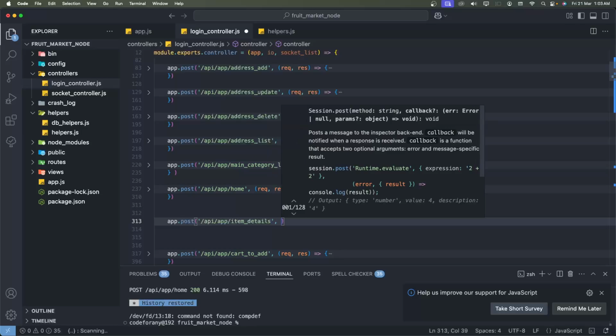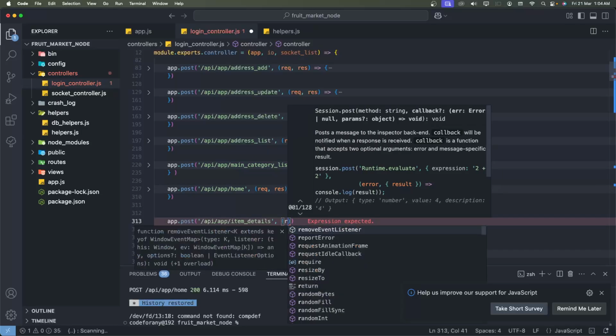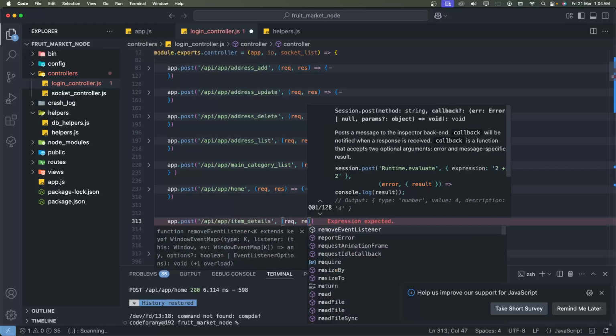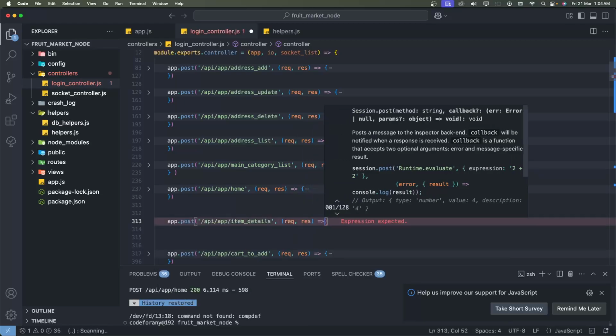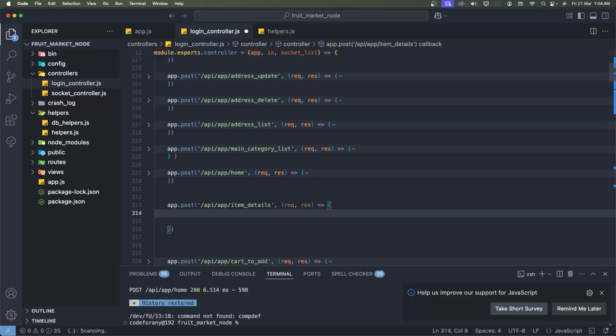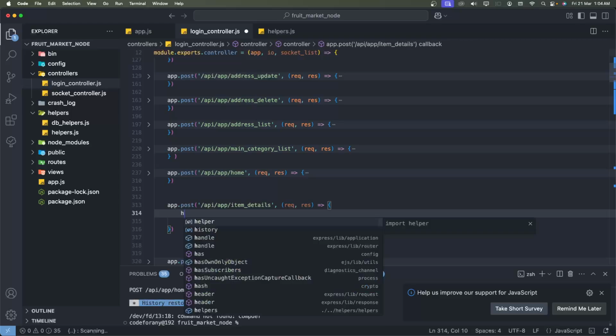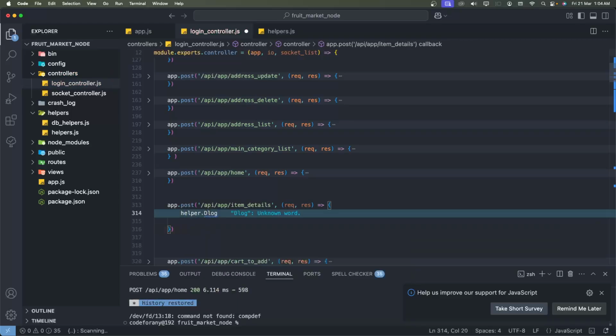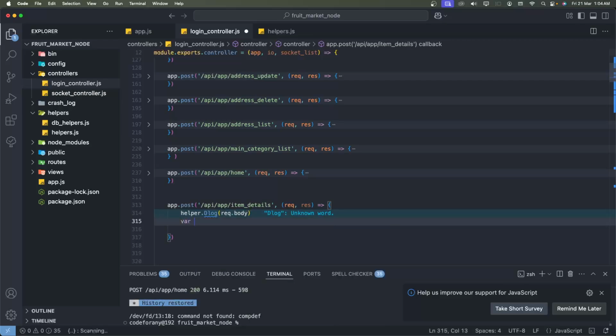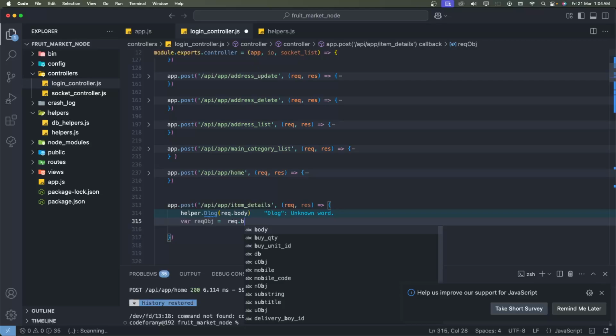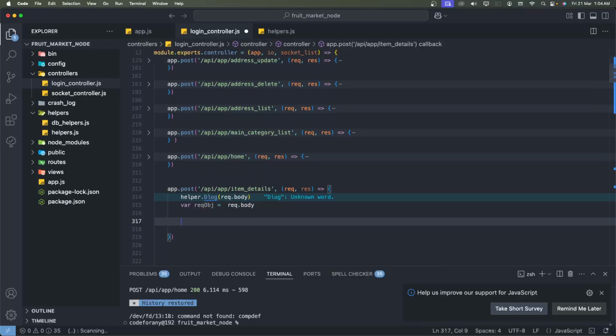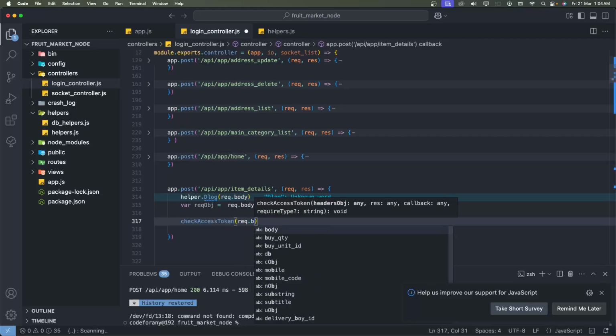Like this we need to create the API names, URLs, request and response. Now we need to print the request body, request dot body, where request object is equal to request dot body. Now we need to check the access tokens. We need to pass the request dot headers